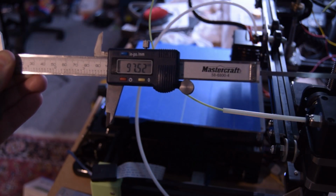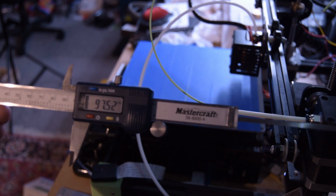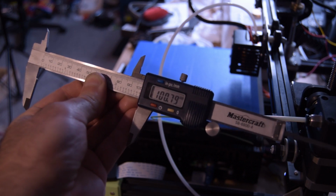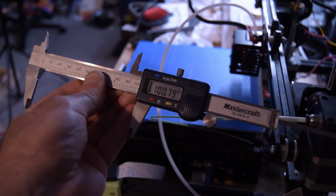Getting 97.5. So I'm going to run this a couple times until I get it exact. 100.79. I think I'm pretty happy with that. I can adjust the rest in the extrusion percentage. So yeah,